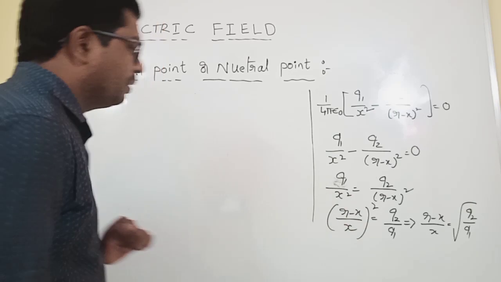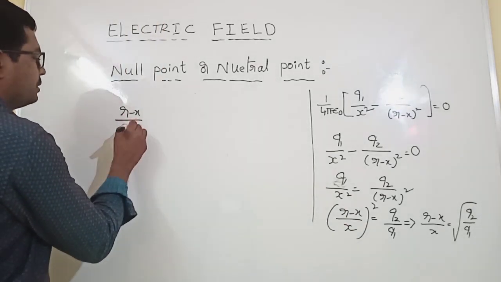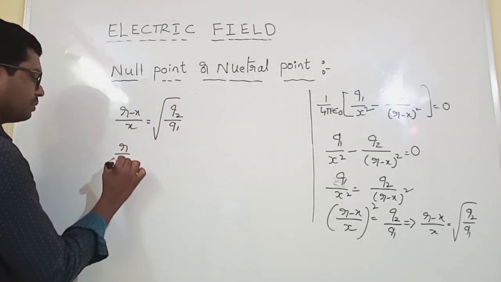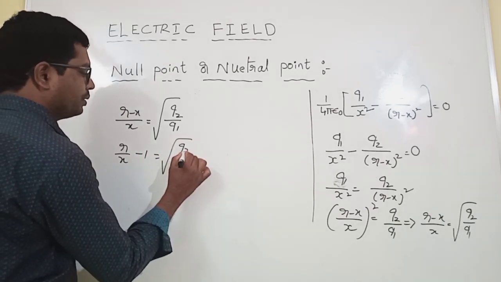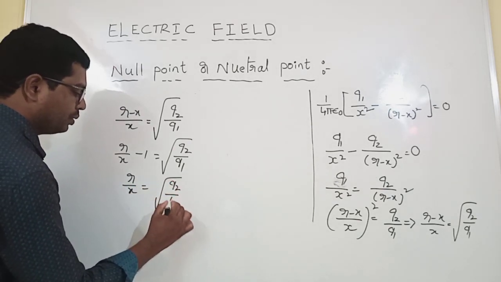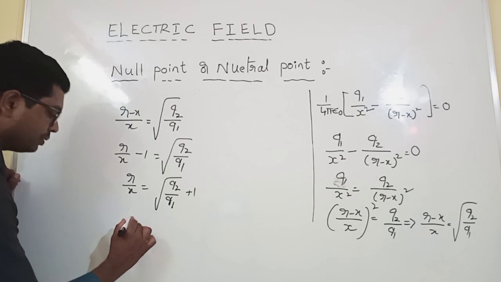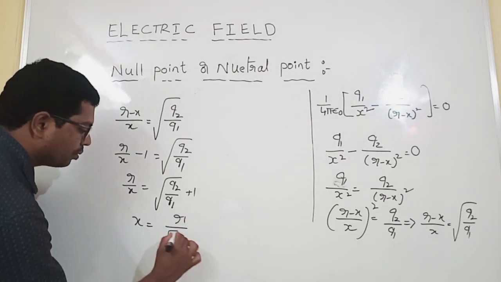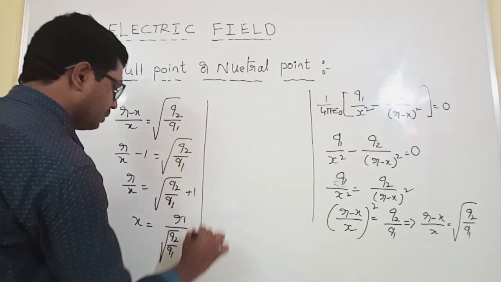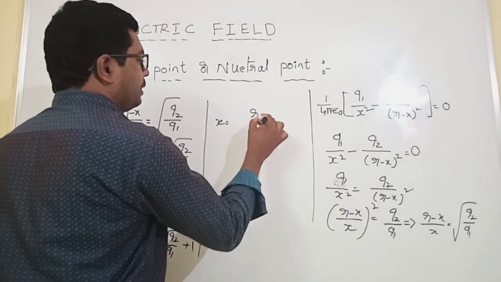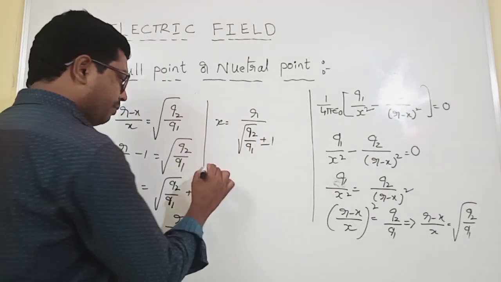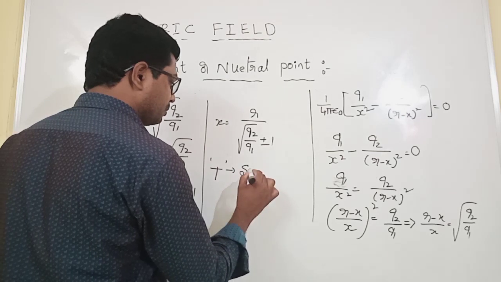Now from that one, (r minus x) divided by x is equal to root of Q2 divided by Q1. So r by x minus 1 is equal to root of Q2 by Q1. So r by x is equal to root of Q2 by Q1 plus 1. I need x. So x is equal to r divided by (root of Q2 by Q1 plus 1). The common formula for this one is x equal to r divided by (root of Q2 by Q1 plus or minus 1). I use the plus symbol for similar charges,